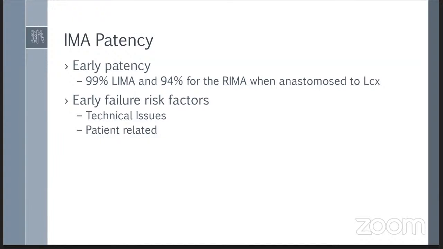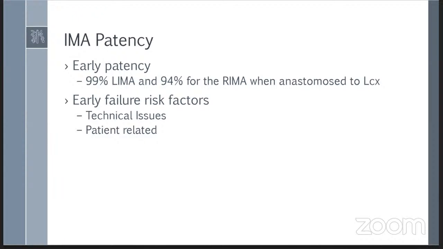Technical issues include harvest problems or an improper distal anastomotic technique, and perioperative management, including use and timing of antiplatelet therapy, use of vasospasmodic medication, and not using statin therapy. Patient-related factors are either anatomical, like proximal stenosis of the internal mammary artery, or presence of competitive